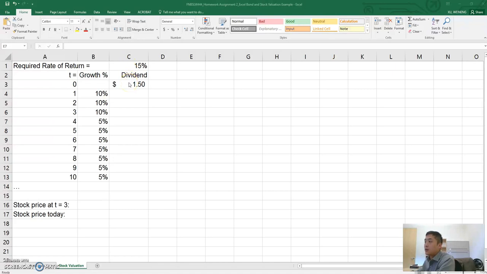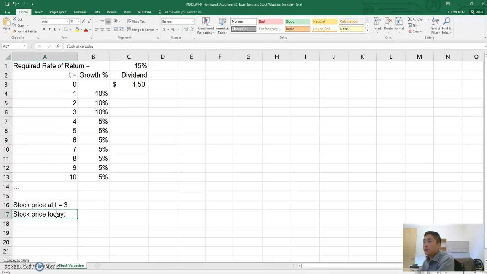And let's assume they just have paid a dividend of $1.50 a share. And let's assume in the next 3 years, the dividend is going to grow by 10% a year. But starting from year 4 and beyond, the dividend will only grow by 5% a year. And our job is to figure out what is the stock price today based on the variable dividend